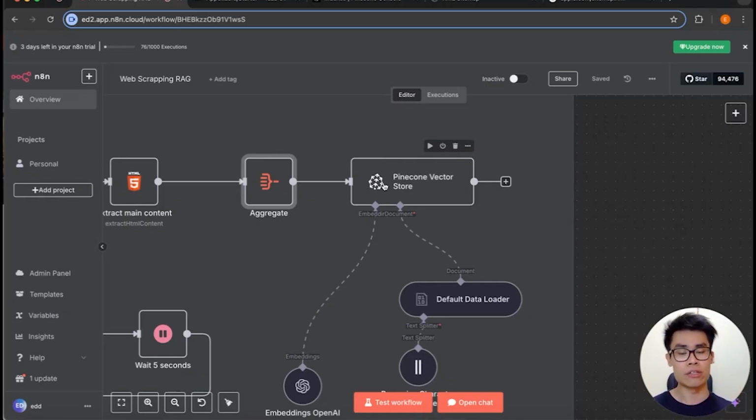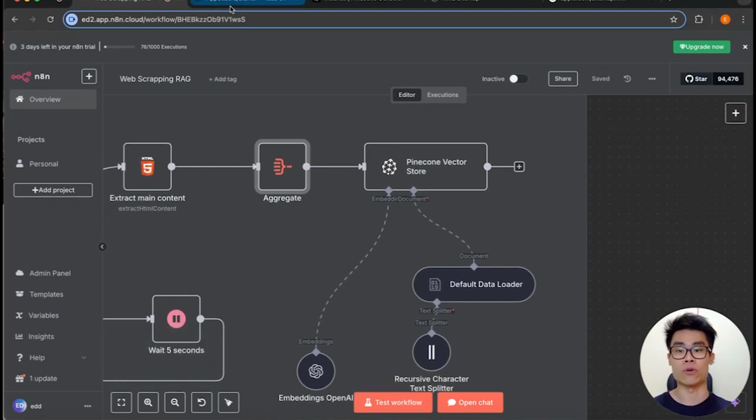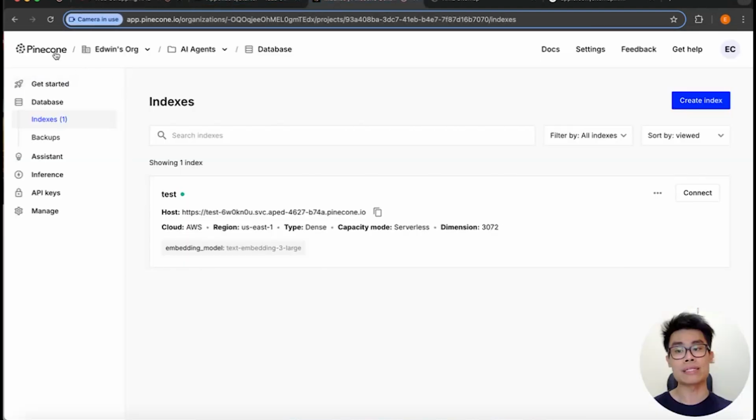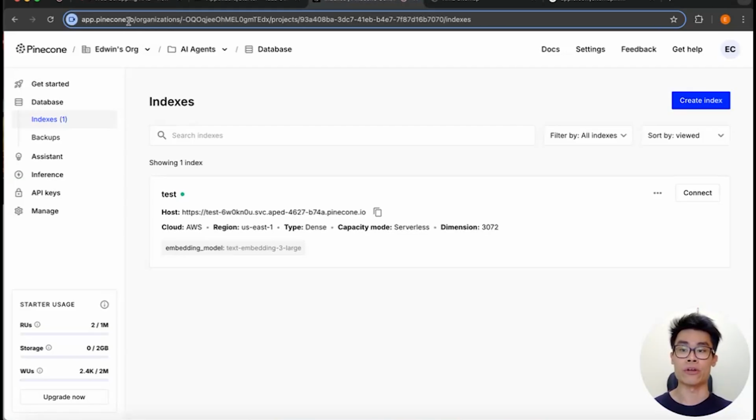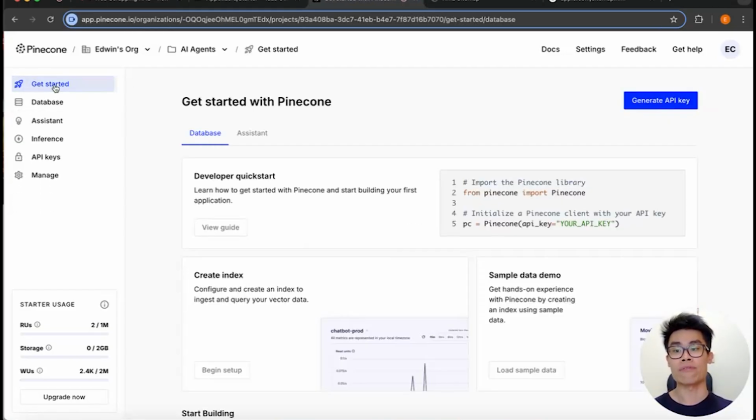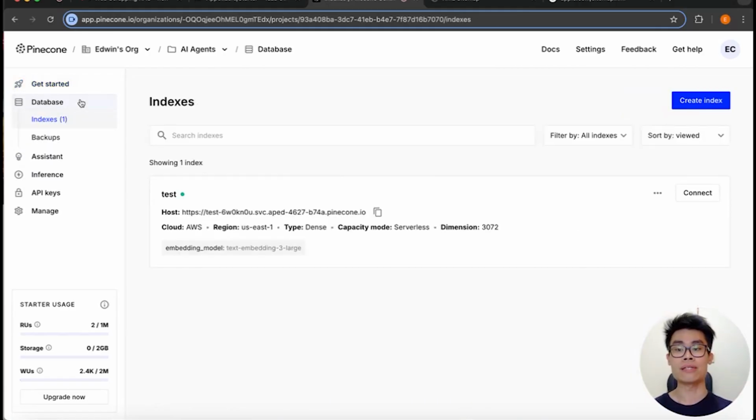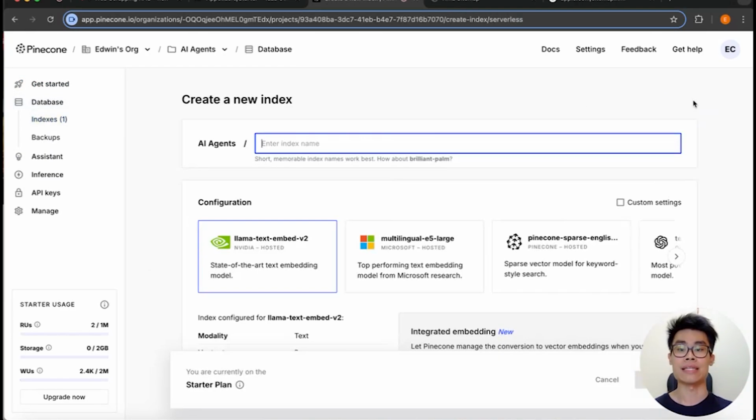And in order to do that, you need to go to something called Pinecone. I've already set up the account, but literally all you would do is go to app.pinecone.io, where you will have your own organization. So you will basically have your own API key. If you just click generate API key, I've already done that, so I'm not going to do that. But within here is where you can set up your own vector store. If you go to database, you can create an index, and you can just create a name like test2,